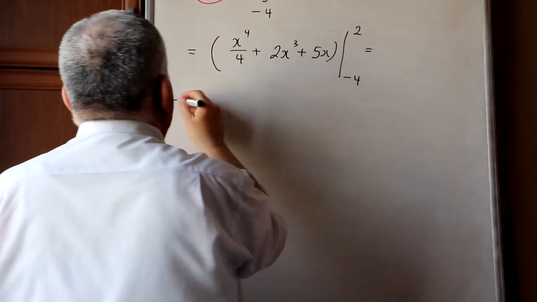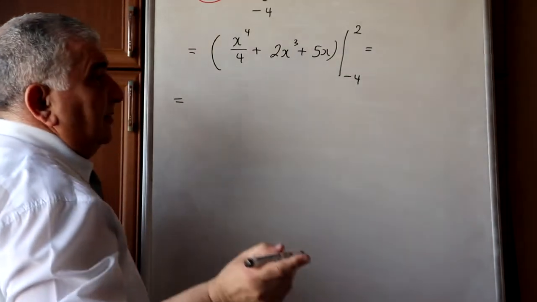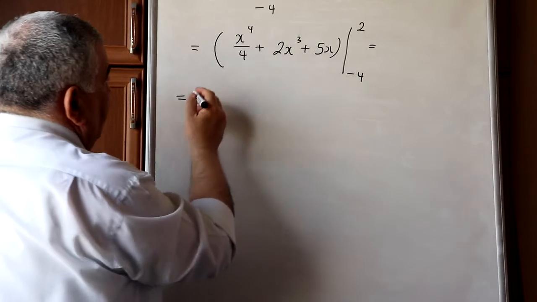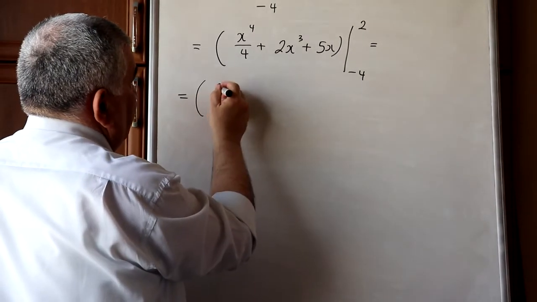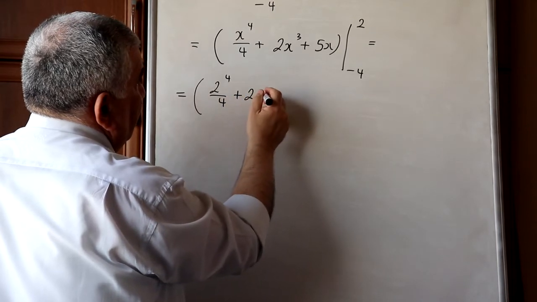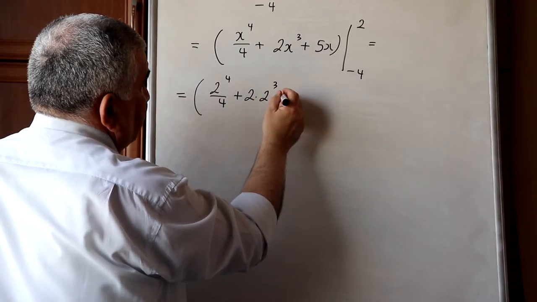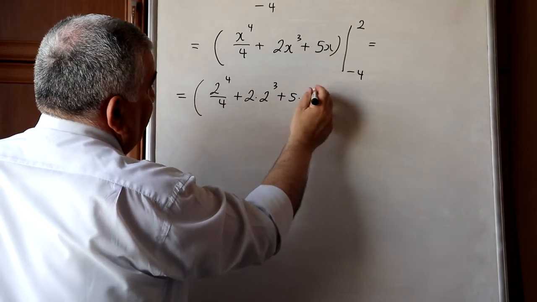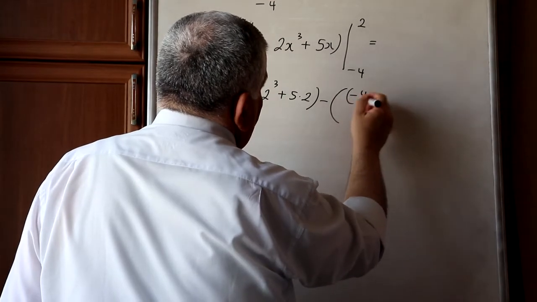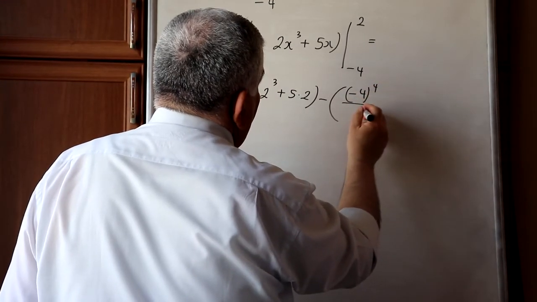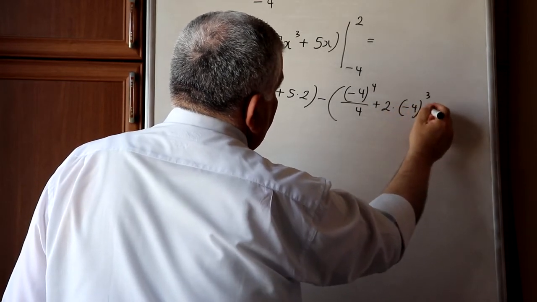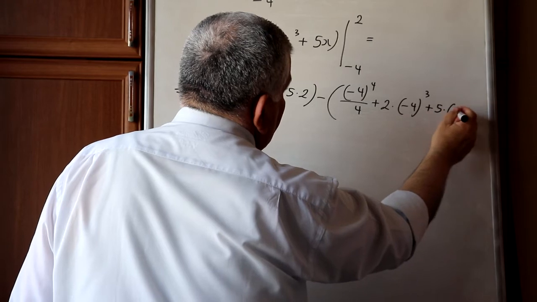First substitute 2 instead of x, and then substitute minus 4 instead of x. 2 to 4 over 4 plus 2 multiplied by 2 cubed plus 5 multiplied by 2 minus 4 to 4 over 4 plus 2 multiplied by minus 4 cubed plus 5 multiplied by minus 4